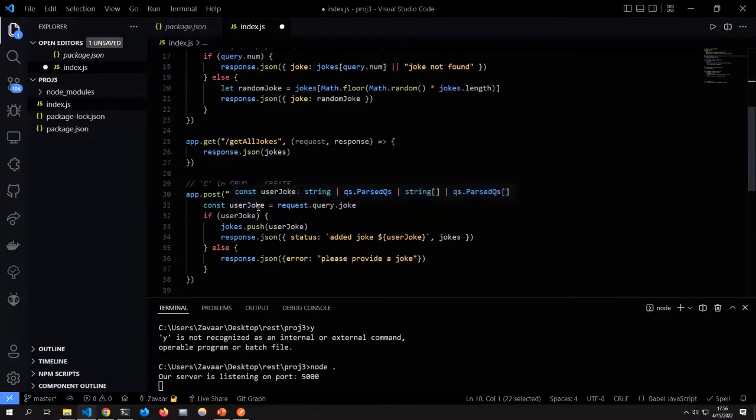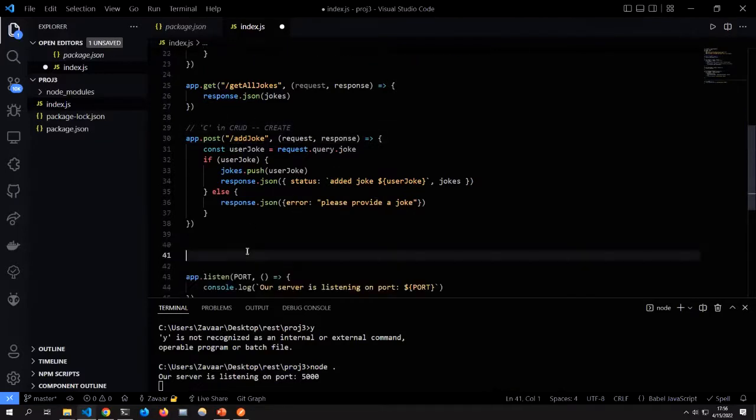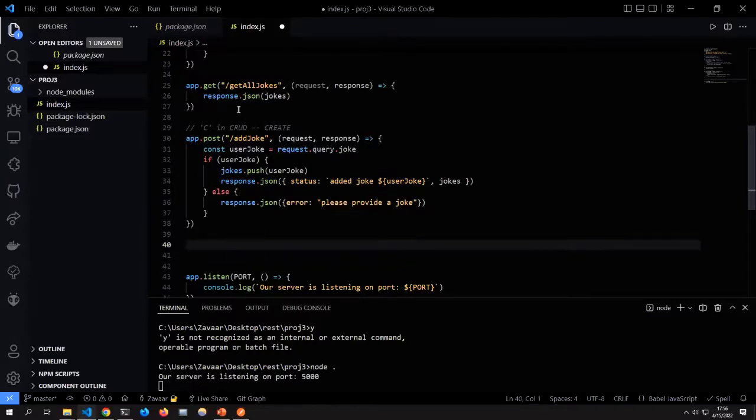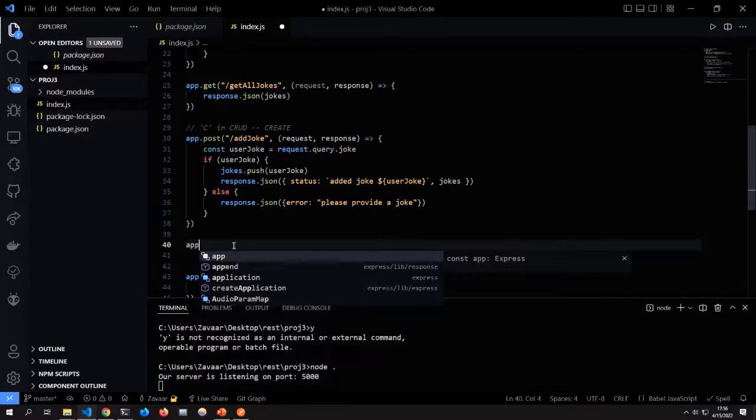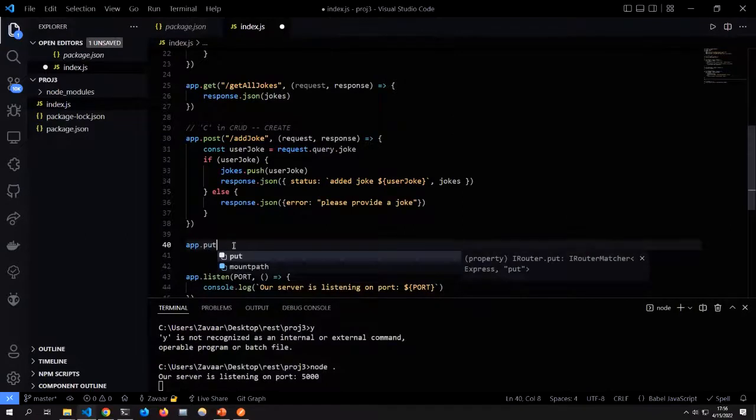So let's have another one. Let's do the D, or D/U. What we're going to be able to do here is delete the jokes, like clear the jokes array. So it's kind of subjective. It could classify as update or delete, but app.put or